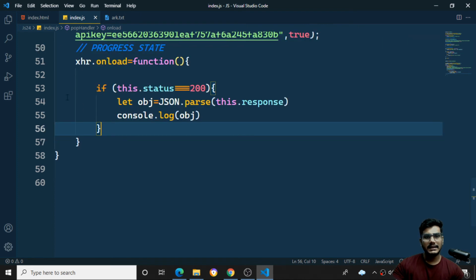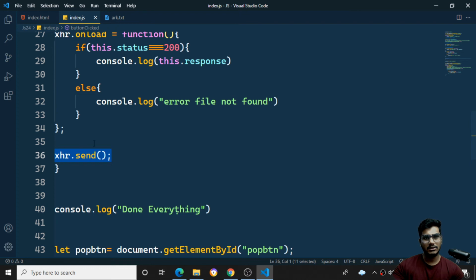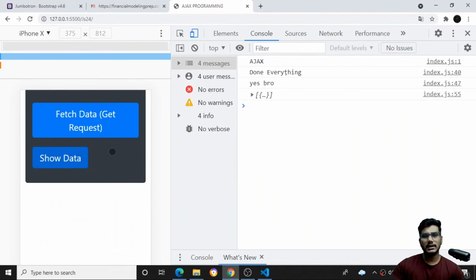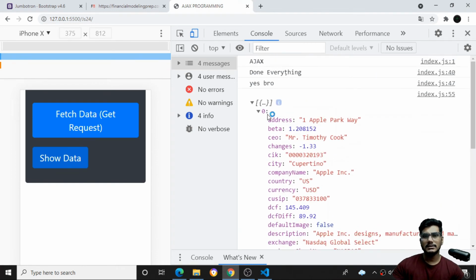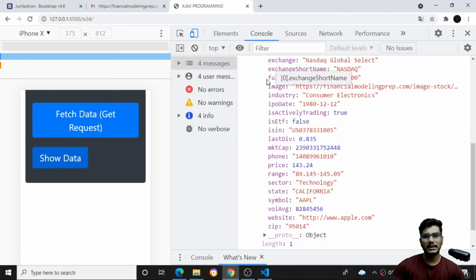What I'll do first is put this xhr.send over here. I'll just copy this one. After this function starts over here, you can see this is running. If I say the xhr.send function over here, now if I try to click on the show data, you can see the sbro is coming. You can see the data I am getting over here, all in this particular format, in the form of a JSON, in array JSON format. So now I can access any of the things over here.